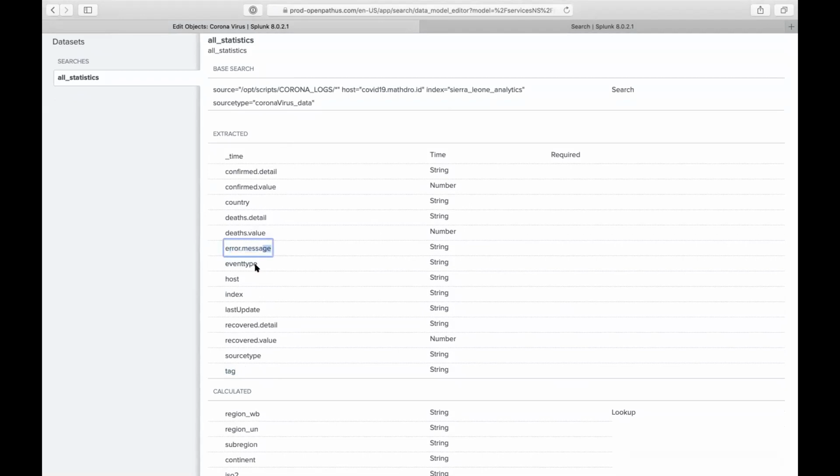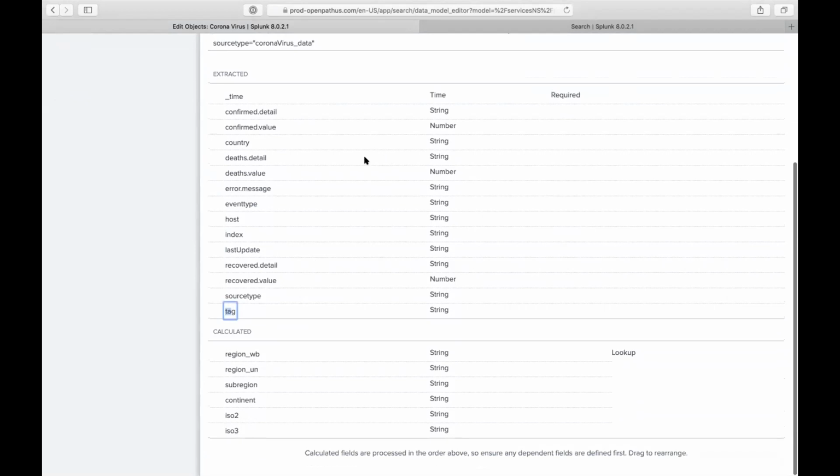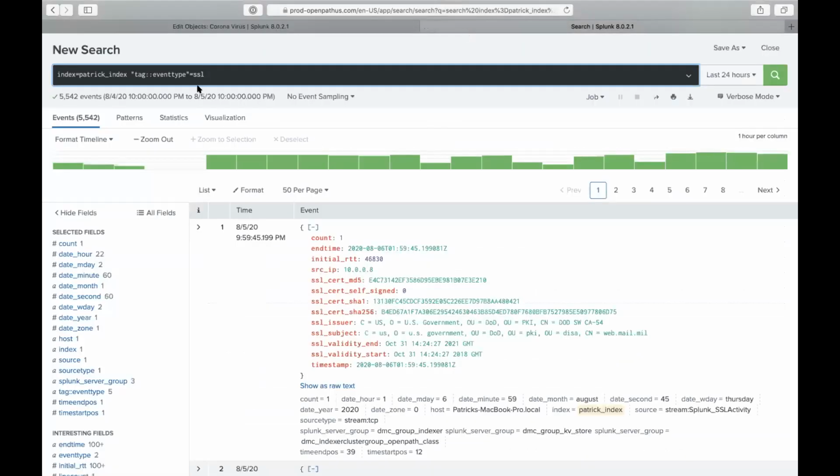So what people typically do is create event types and tags, and field aliases as well. As long as those fields are hard coded in there, you can modify whatever results you have, and as long as it matches the fields that you already have, it's now going to include that in your events. So for instance, if I were to do